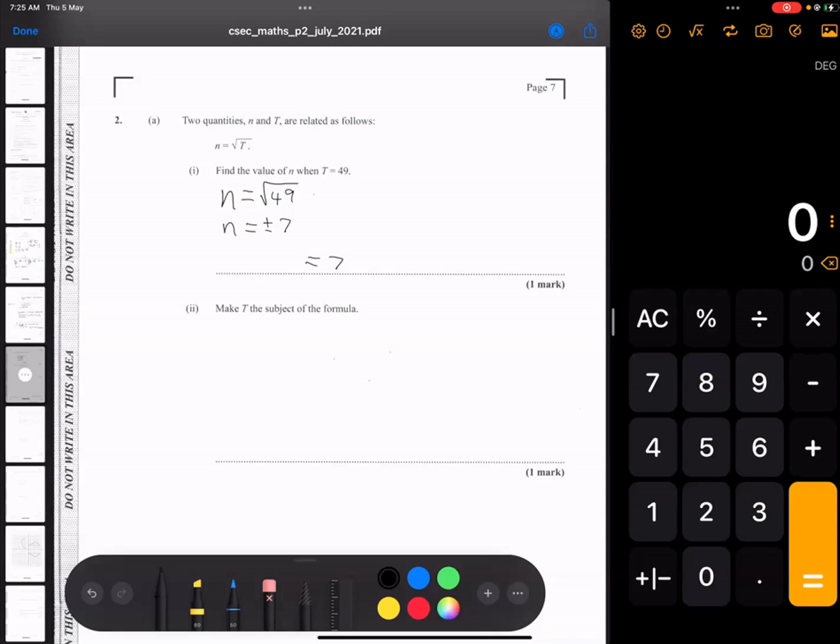Alright. Moving on to part 2. Make t the subject of the formula. To make anything the subject, we need to isolate it so that it is the only thing on where it is, or it's the only thing which is by itself. So currently we have n equal square root of t. N is the subject because n is by itself, but we need t to be the subject, so we need to isolate t by itself. And t has the square root sign, and to get rid of that square root,